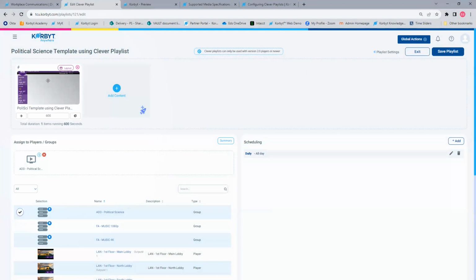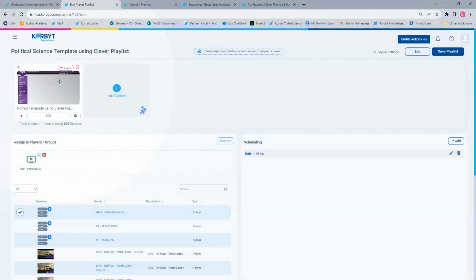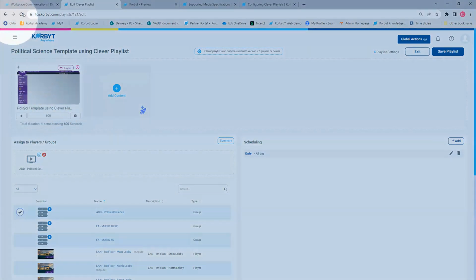That will restart the playlist that is embedded in. So if there's more than 600 seconds worth of content on the playlist that's playing there, it won't get seen. It won't make it all the way through it.